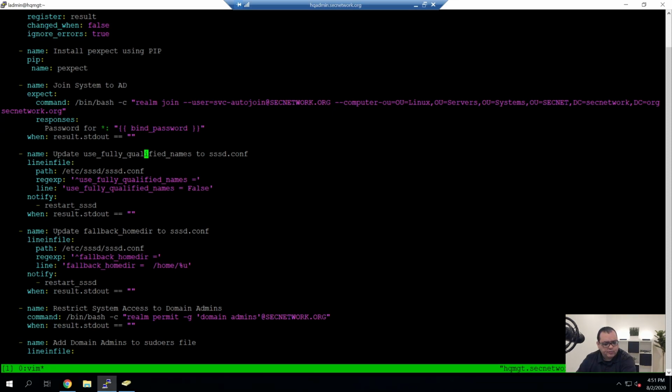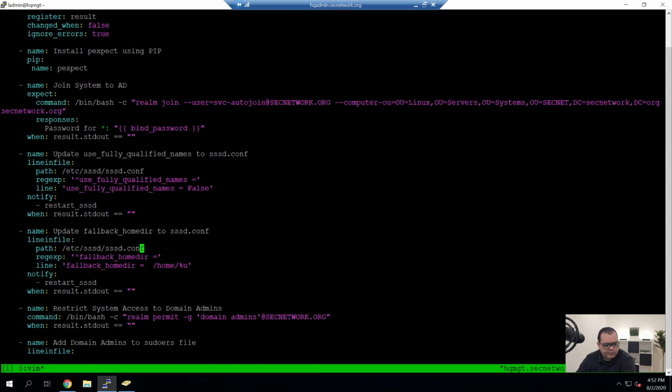So the next part will be to update the SSSD configuration file. I turn use fully qualified names off. It's just easier to not use the fully qualified names. And then we notify the handler to restart SSSD at the end,